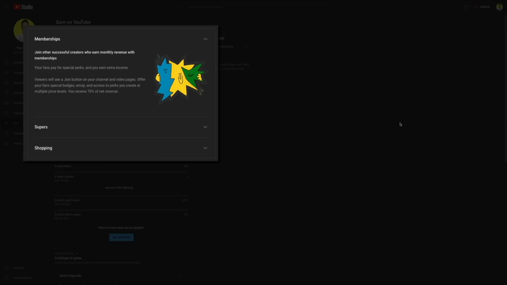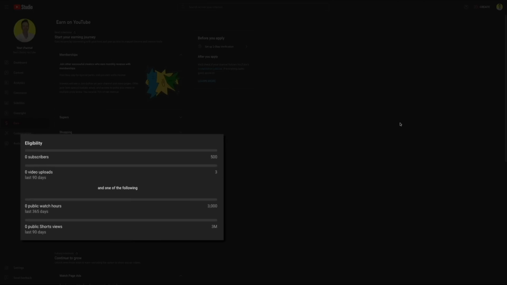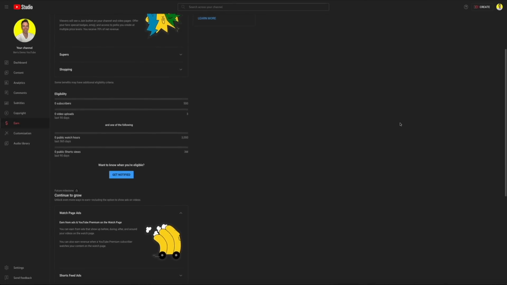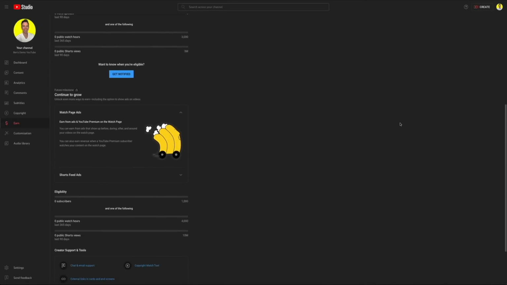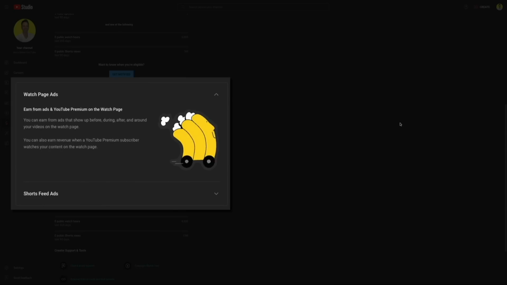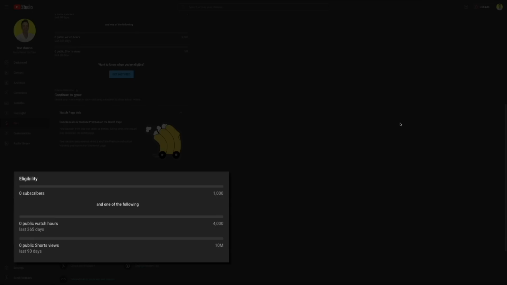Then there's the shopping option where you can connect your own store to start sharing products across your channel. Then below that, YouTube has the eligibility meters, and this basically lets you monitor and track your eligibility for these monetization features. Then below that is the second monetization milestone, which is ads. So this is the big one,